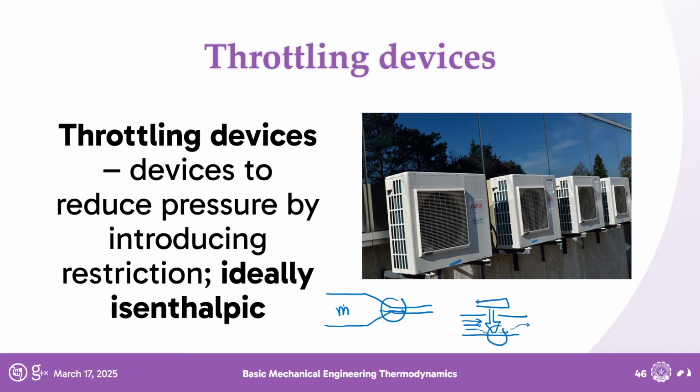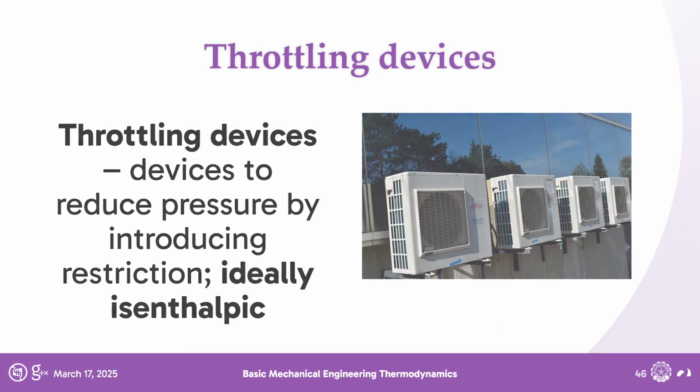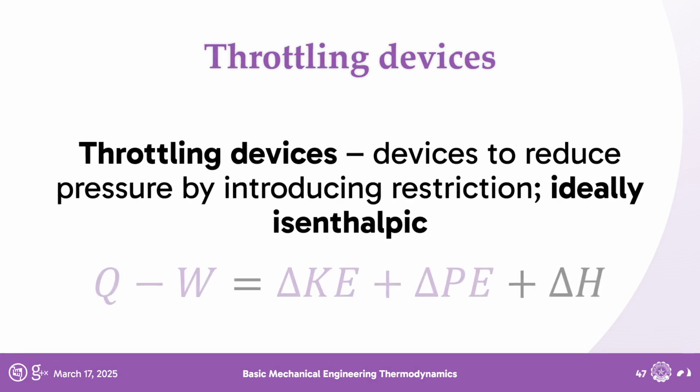But suffice to say, these are what we call throttling devices, and they are ideally isenthalpic. Why? Because of the same things that were introduced earlier for heat exchangers, right? Usually there's no heat that goes into or out of this thing because fluid travels here very quickly. There are no moving parts in throttling devices. I mean, the valves you can open and close, but usually they don't open and close while in operation,